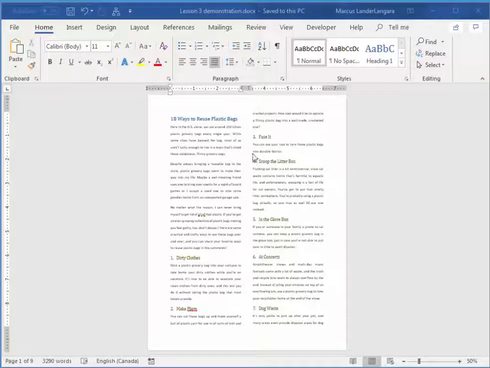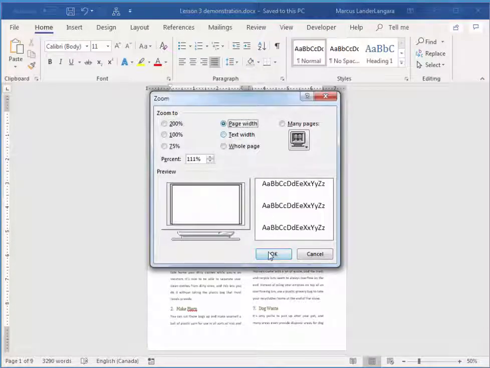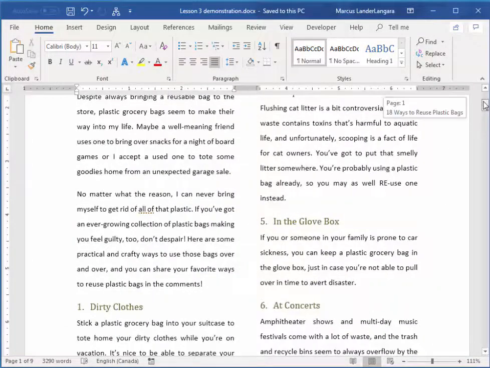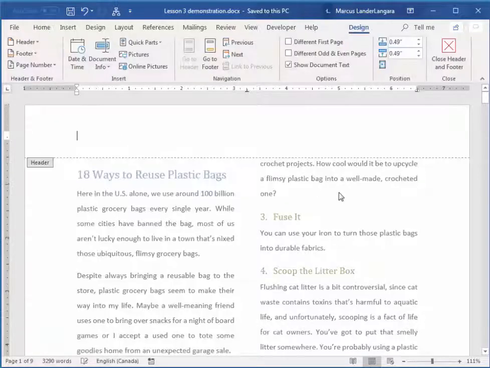So I'm just going to zoom into page width again so we can see the content that I'm about to add. And I'm going to scroll up to the top of the document. Now, a quick way to get into your headers or footers is just to double click in this area here. Basically, it's this gray area on the ruler. So if I double click, now I'm inserting